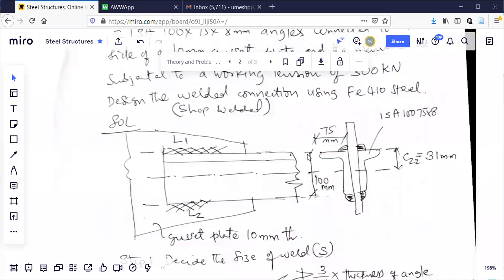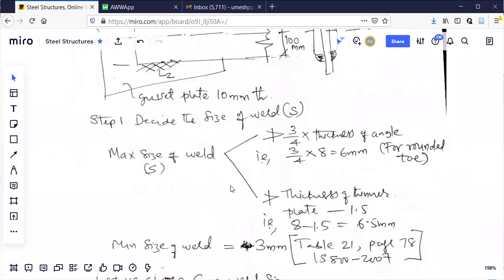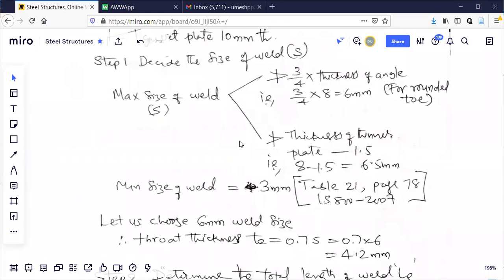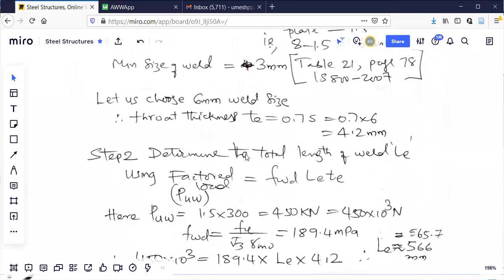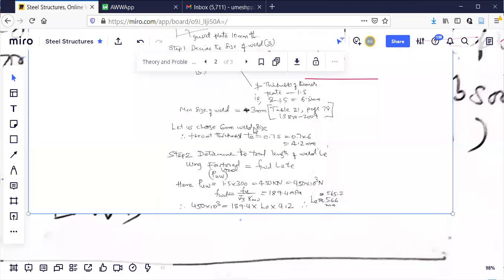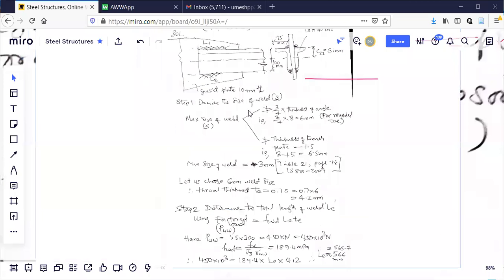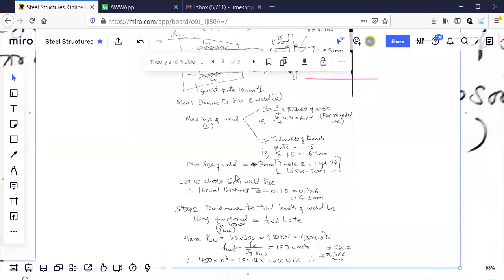I'll give one problem in which only one angle is connected. It is an absolutely simple problem. In the exam, many times a single angle has come, but rarely they also ask a two angle problem like this. So what is the